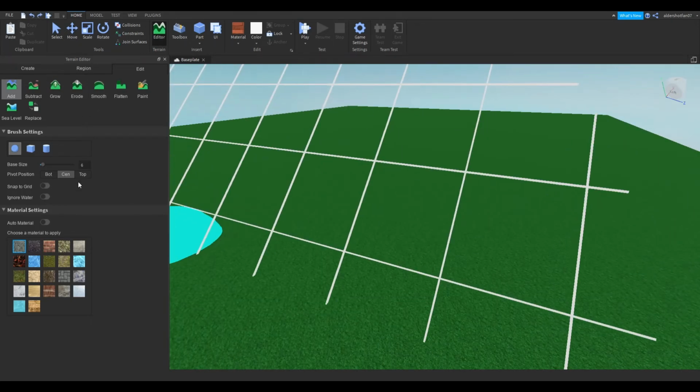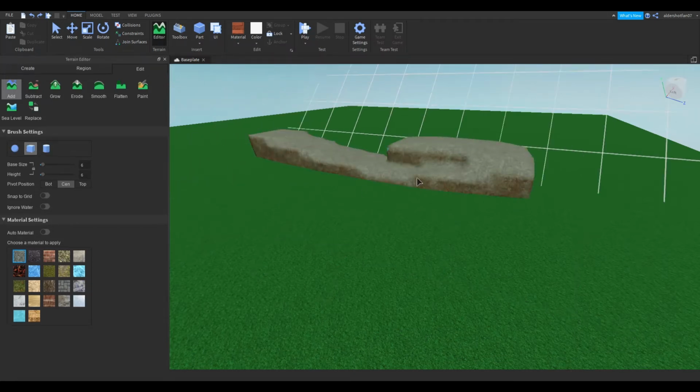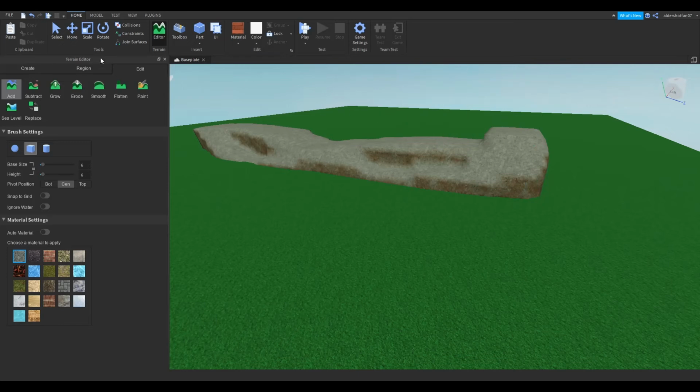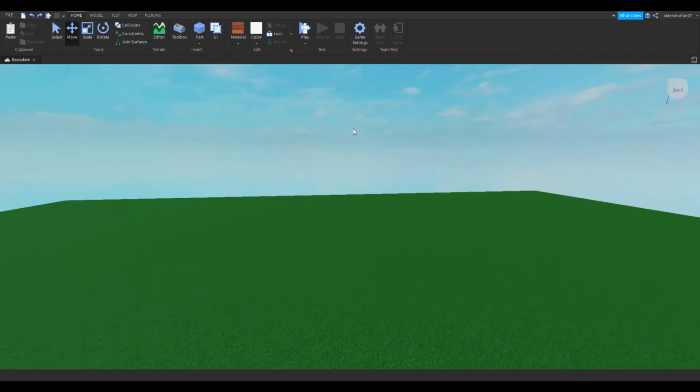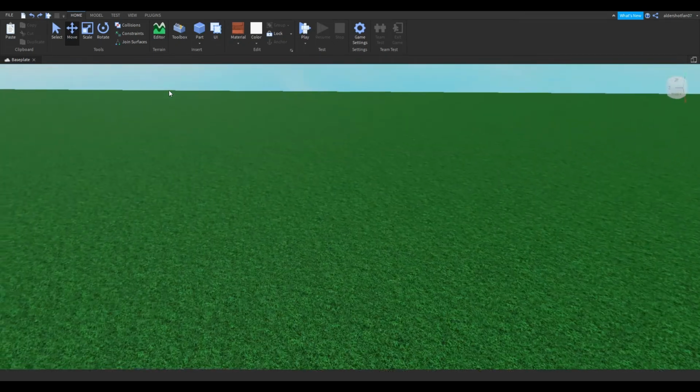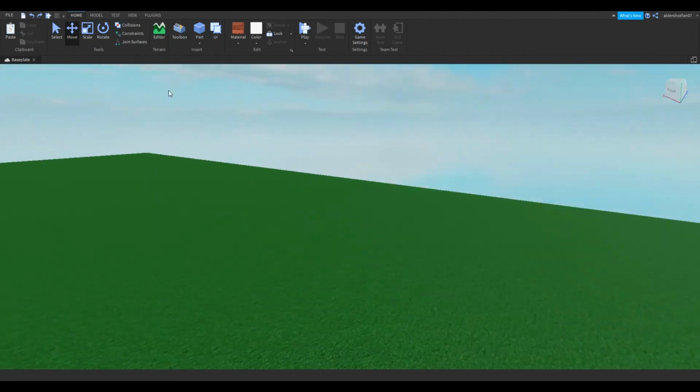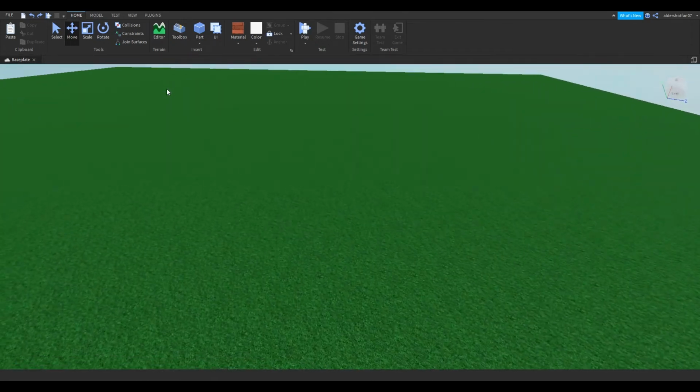So you can move it back, and you can change the size, the shape, and everything. Such as this is a square. This is very handy. So now I am just going to quickly teach you how to anchor and unanchor things. It's very easy. So if you see here, if I press play,